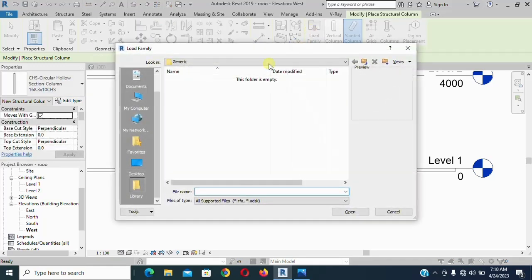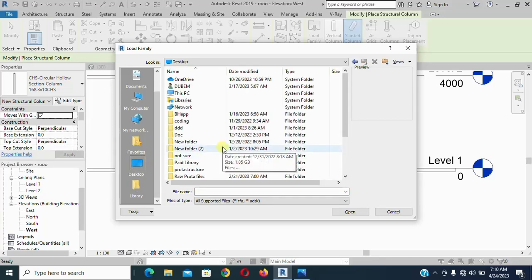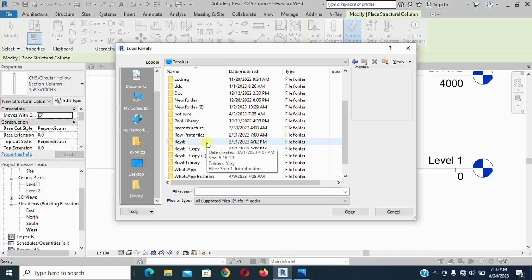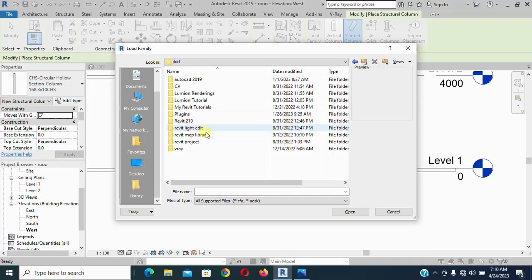Okay, remember, as I sent, if you check in the Revit masterclass link I gave you, you will see Revit library. Then inside that Revit, you will see Revit main library. That's where you find the detailed library default by Revit. In that place, you just have to follow that guide and install the library, and you'll be able to use it. Okay, so I'm going to where I saved my own,